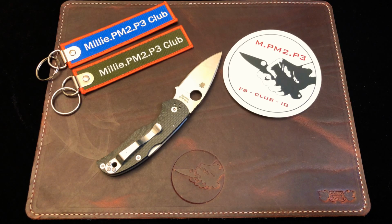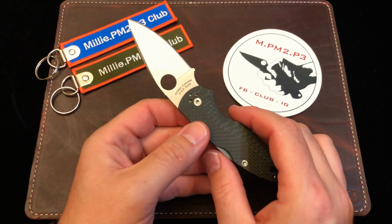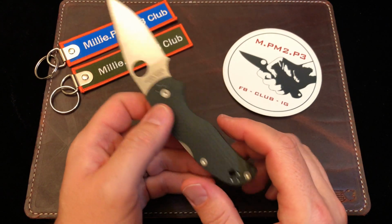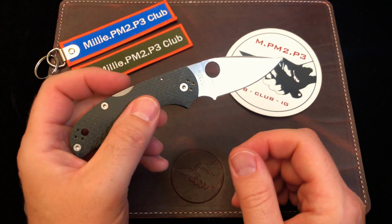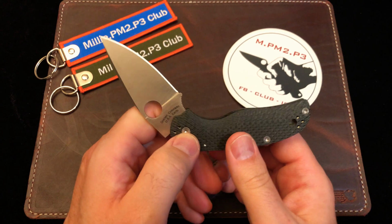Are you like me? Do you hate back lock knives? Do they just drive you crazy? You just can't. You know, one thing about Spydercos is once you get used to having a liner lock or compression lock, and you get used to the flickiness of a Spyderco, it's kind of hard to go backwards to the back lock